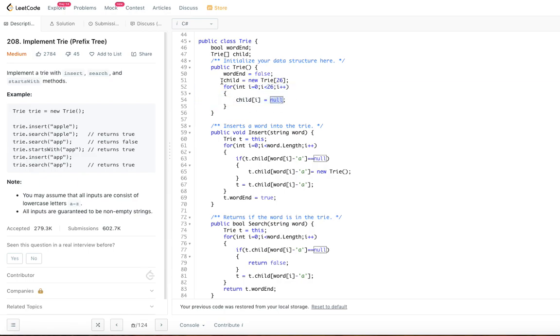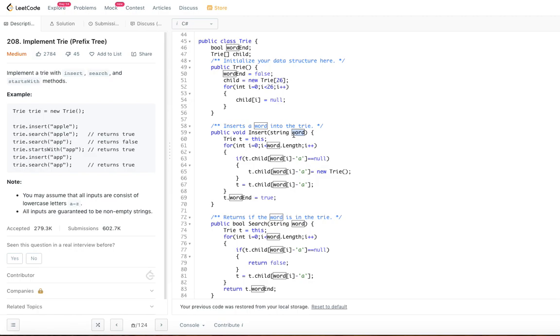Now, when we initialize, all child pointers will be initialized to null. Okay, this is a simple thing. The first operation that we are going to see is insert. How are we going to insert a given word into the trie data structure? I hope you understood that the trie node has 2 placeholders: one is word and one is child pointers for 26 child nodes. Each child node will have one character. Okay, let's go. Insert. So we are passed one word.